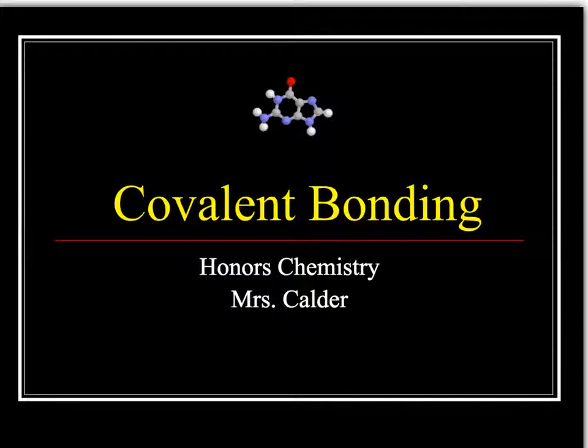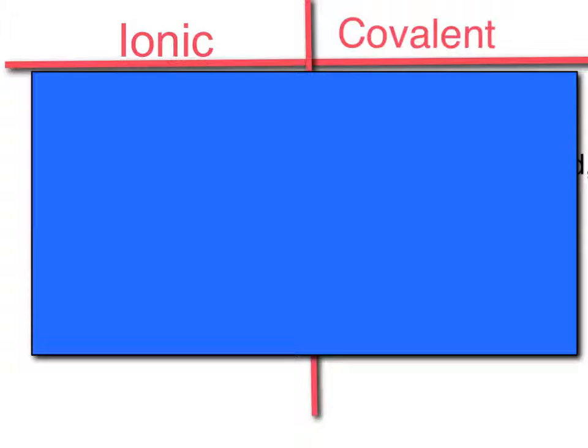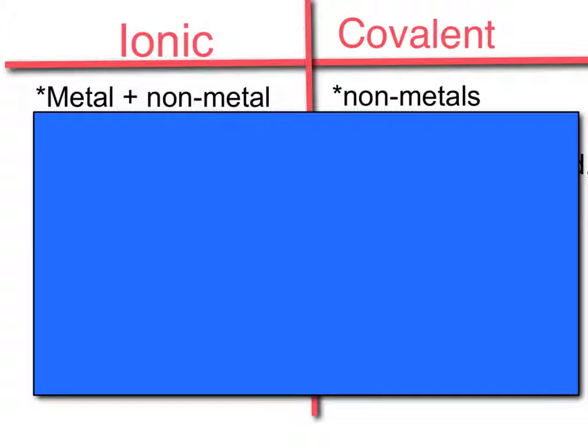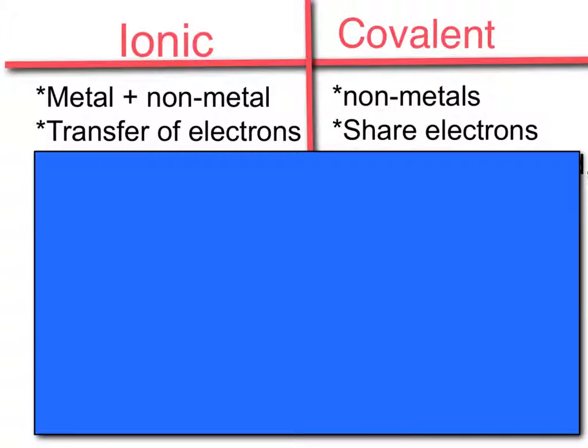This is a review of what we covered in class on covalent bonding. So let's start by comparing ionic compounds, which we learned about in our last chapter, to covalent compounds that we'll be learning about in this chapter. First, ionic compounds always consisted of a metal and a nonmetal. This is because there was a transfer of electrons from the metal, which became a cation, to the nonmetal or anion. For example, in sodium chloride, we would see sodium giving an electron to chlorine, and the static attraction between